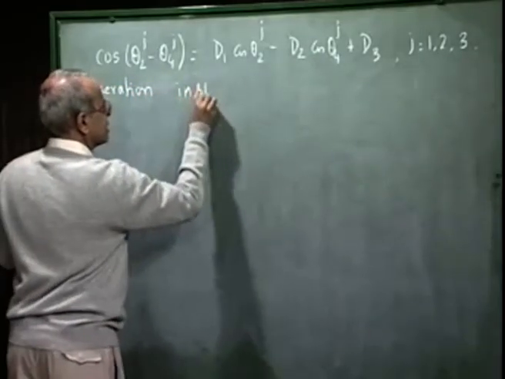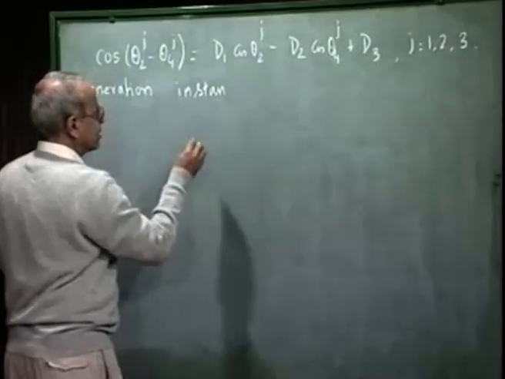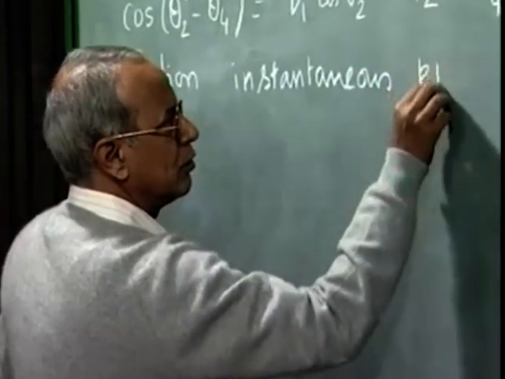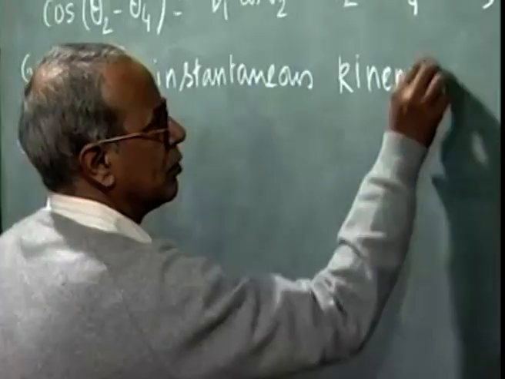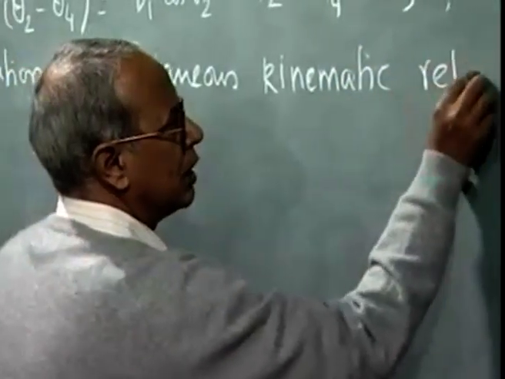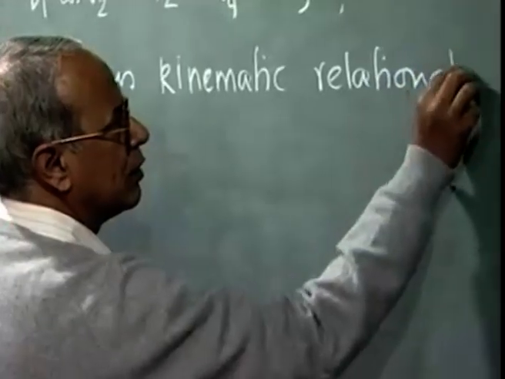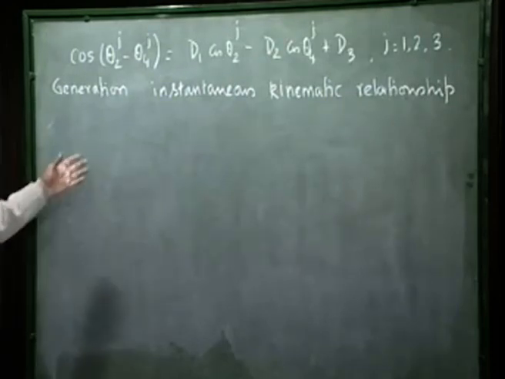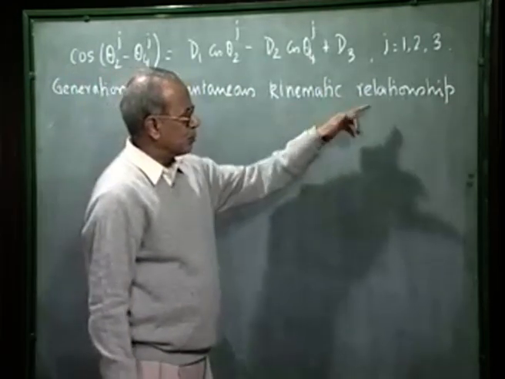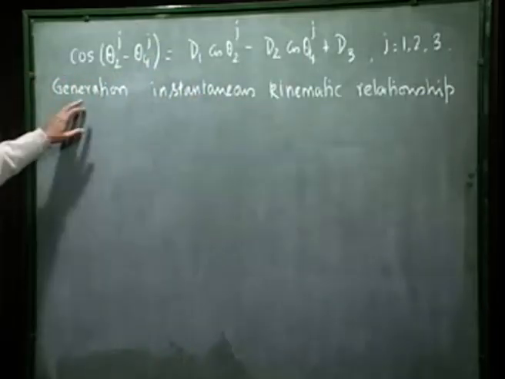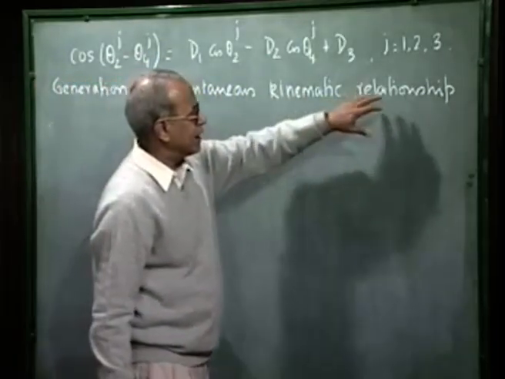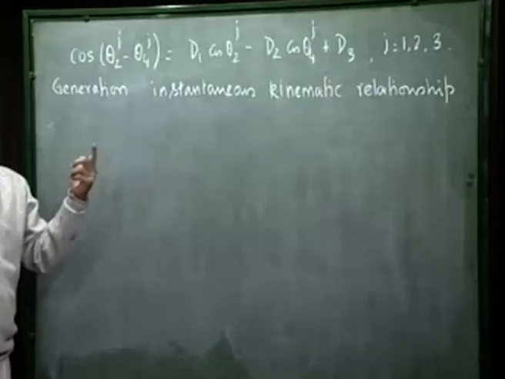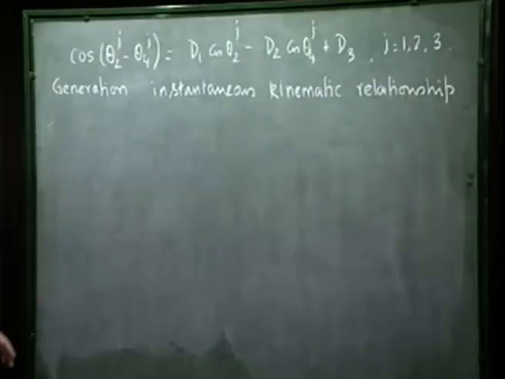instantaneous kinematic relationship, not just position but velocity and acceleration as well. Instead of generating just position relationship between the input and output link, we can use this equation for generation of other kinds of kinematic relationship between the input and output links, namely the angular velocity of these 2 links or angular acceleration of these 2 links. As an example,